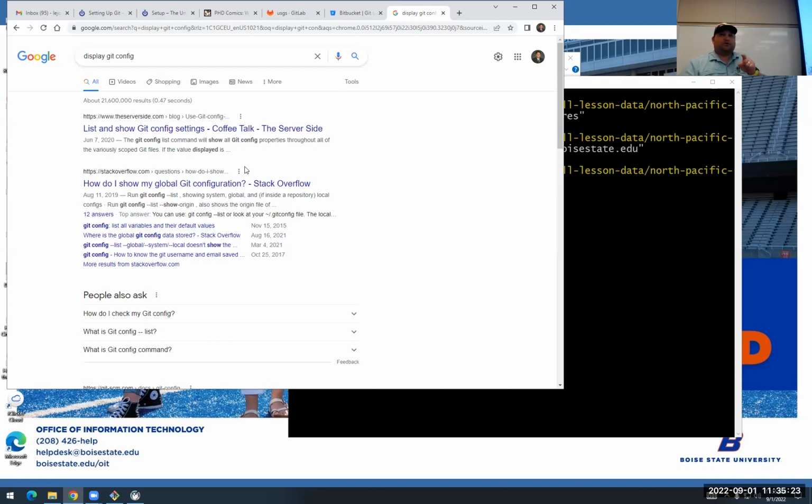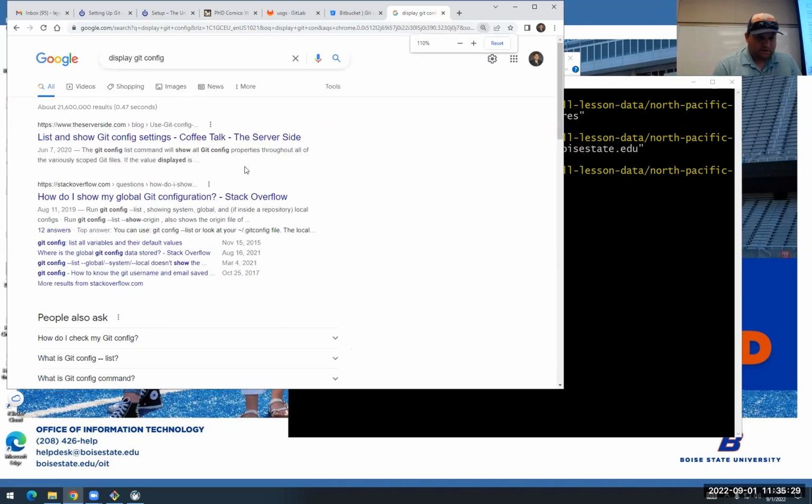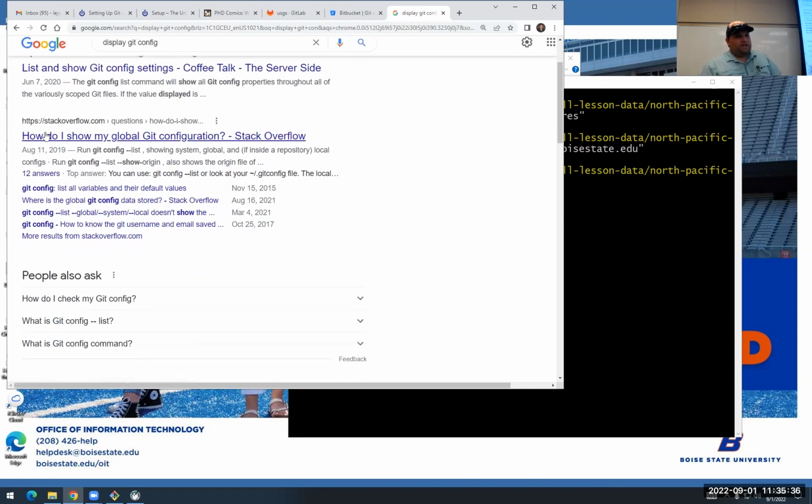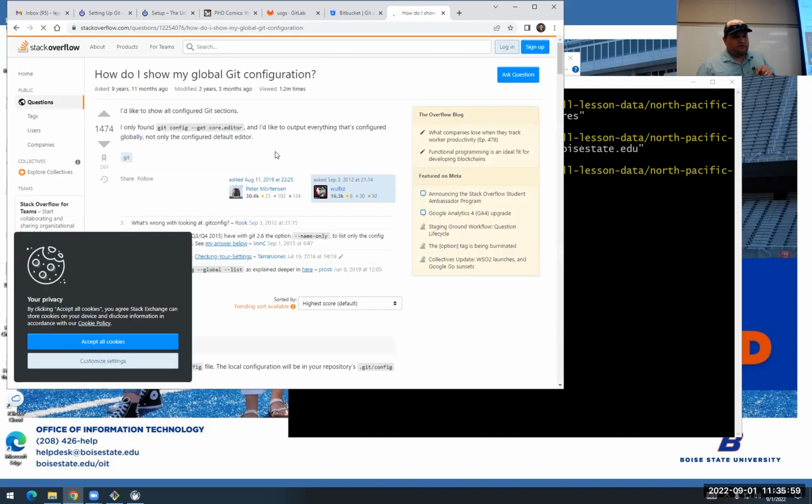So as I Google these things, my mental filter looks first for whatever the top hit is. But the one that I'm looking for is a solution to an answer on Stack Overflow. Stack Overflow is a forum where people who are coders go to ask questions and get answers. And why do I choose Stack Overflow? The answer is that when people post to Stack Overflow,